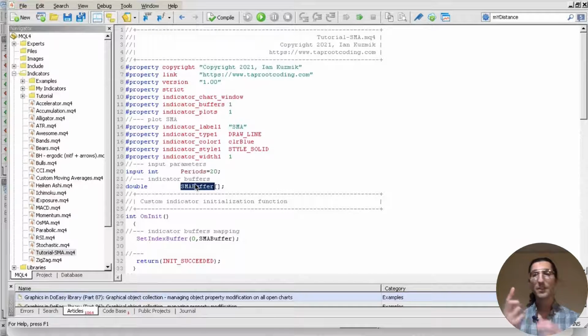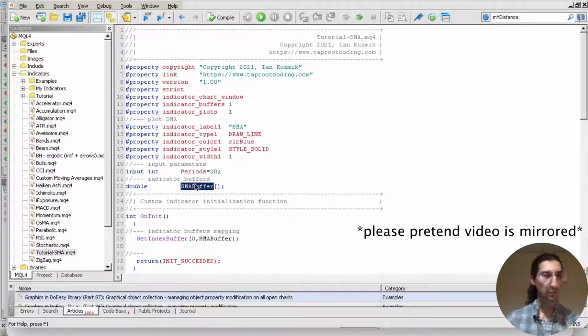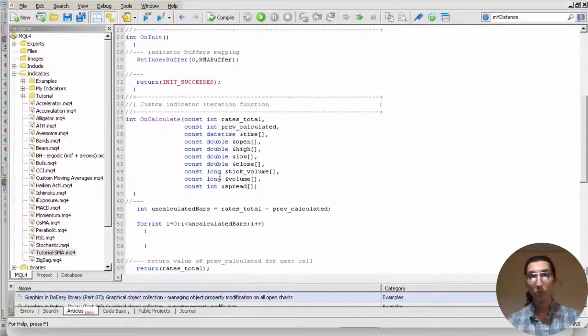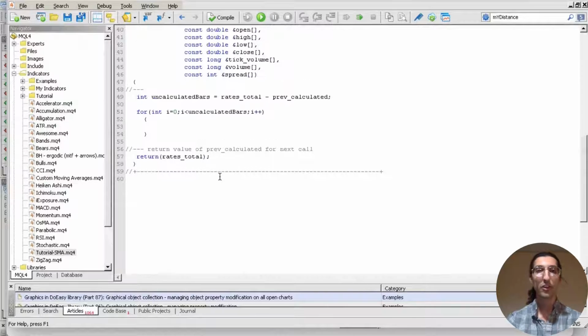The first element of this array is 1 bar back. The second element is 2 bars back. We can kind of think of it as a reverse array, right? One that we would read from right to left instead of your standard left to right. And again, this is where we're going to place our moving average calculation to actually draw the value on our chart. So let's say SMA buffer